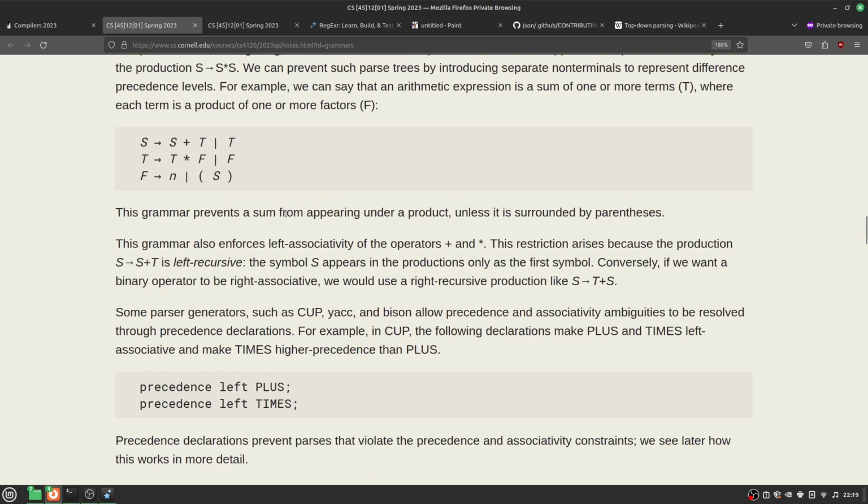This grammar prevents a sum from appearing under a product unless it is surrounded by parentheses. This grammar also enforces left associativity of the operators plus and asterisk. This restriction arises because the production s is equivalent to s plus t is left recursive. The symbol s appears in the productions only as the first symbol. Conversely, if we want a binary operator to be right associative, we would use a right recursive production like s